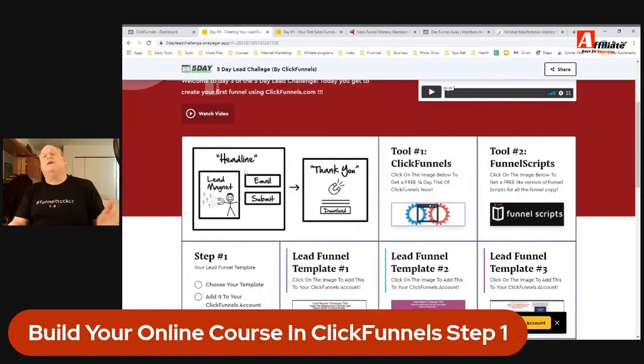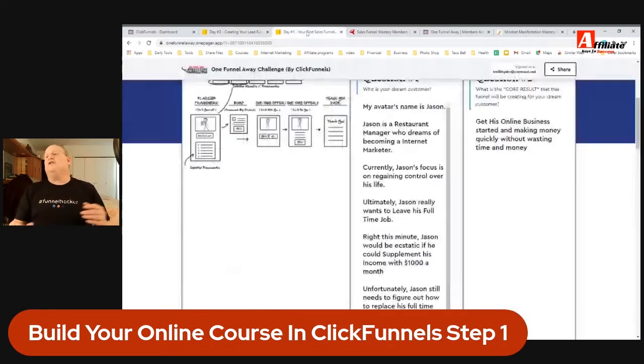Now, this is from the 5-day lead challenge. Of course, at the 5-day lead challenge, we created a lead magnet and then the thank you page. The lead magnet was something that we were giving away for free. Then we got into the One Funnel Away challenge, and we started talking about our next step up the value ladder from the lead magnet. So we gave them something free to get them to watch us and get to know us. Now we're wanting to sell them something on the first step of that value ladder,